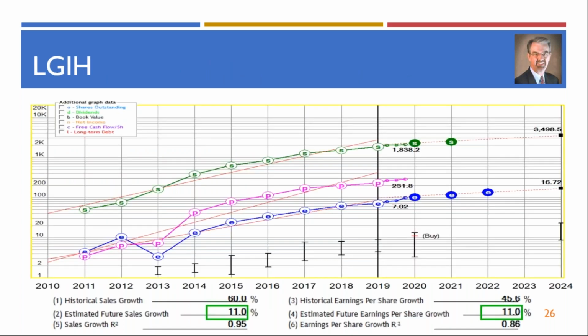Here is LGI Homes. You can see a great trajectory of sales and profits and earnings, and analysts are optimistic for the next couple of years. So they continue to perform well. My estimated growth rate of sales and earnings for LGI Homes is 11%. I think that's a little conservative, but I'm allowing for a pretty strong performance in 2021, and then maybe seeing growth slow a little bit going forward and averaging around that 11% rate over the next few years. $1.8 billion in revenues last year.